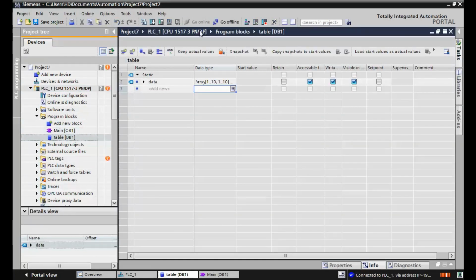It's very easy to check the result in the 2D array created in DB1.